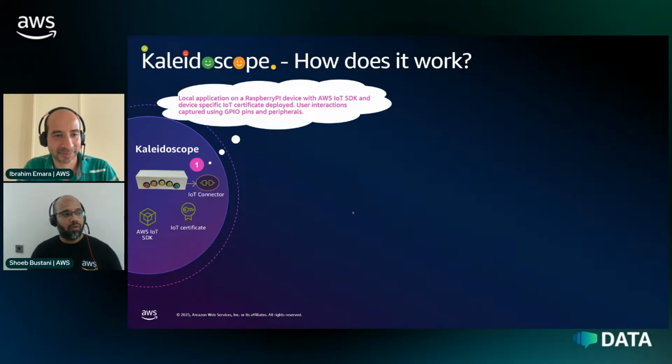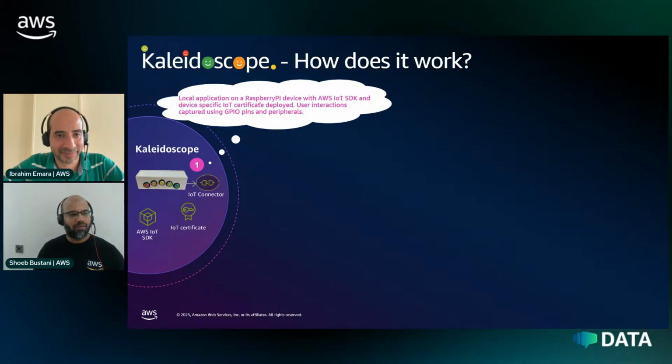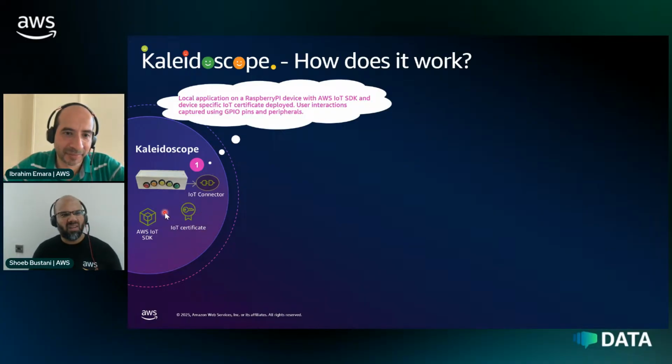As I was saying earlier, this is running on Raspberry Pi. Depending on the size of the device, we have different flavors of Raspberry Pi. For example, Raspberry Pi 4B or Pi 02 is being used. On the device, we are using the AWS IoT SDK for connecting. Let me change to the laser pointer. So we have got the IoT certificate installed, and then it uses the AWS IoT SDK. It's a Python application running, which is interacting with GPIO pins and capturing the data, and then sends it